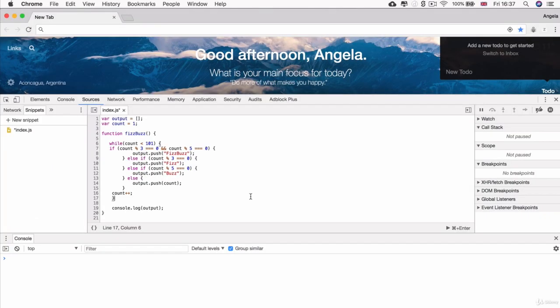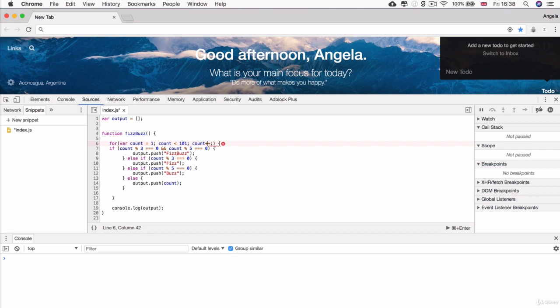So if we take a look at the code for our function fizzbuzz, this is how it looks at the moment using the while loop. Now, if we wanted to use the for loop instead, then we can change the keyword from while to for, and inside the parentheses, we first declare the variable that we're going to use to count. So we can cut that from there and paste it here instead. Now, inside the for loop, we're creating a counter called count, with starting point 1 and ending at 100. The next thing that we have to add is how we are going to change the counter. In this case, we're increasing it by 1 each time.